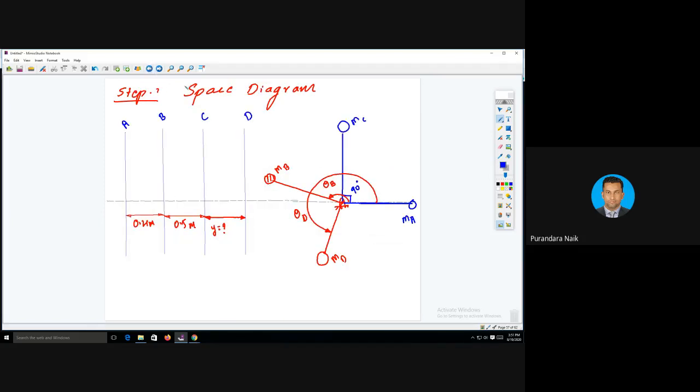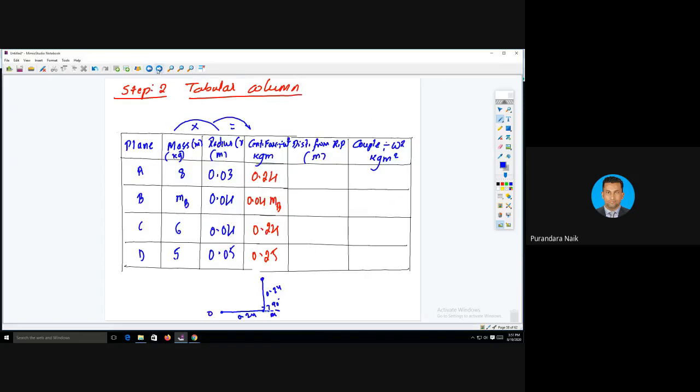So you cannot draw. Here we have two unknown angles. One is this one, another one is this one. Here angle and mass both are unknown, but here magnitude is known, but the angle is unknown. You cannot draw it because it is a force polygon with four edges. In that, 2 edges can be drawn, but 2 more cannot be drawn. That's why you will be stuck in between. No need to go for the centrifugal force polygon because it is not possible to complete. That's why you forget it. Go to the next step.